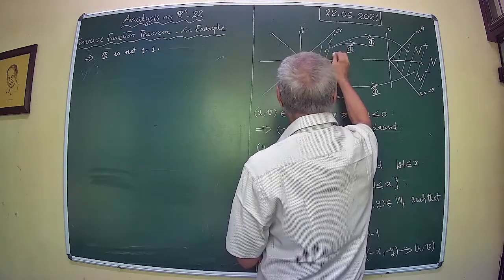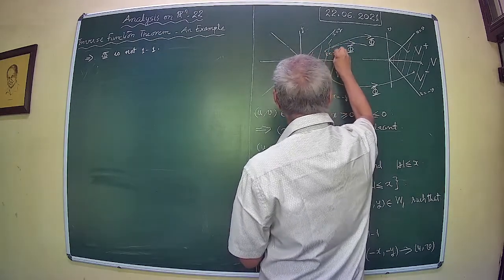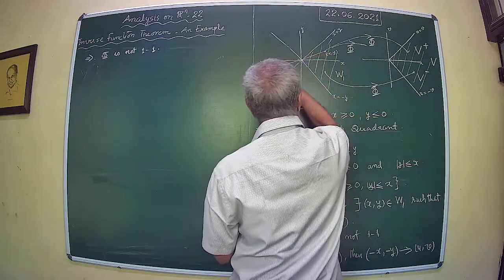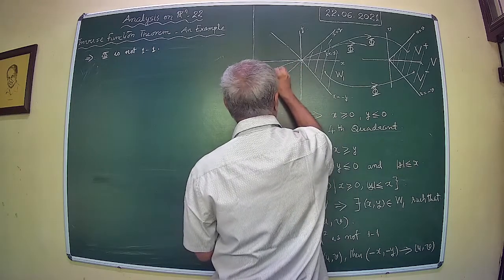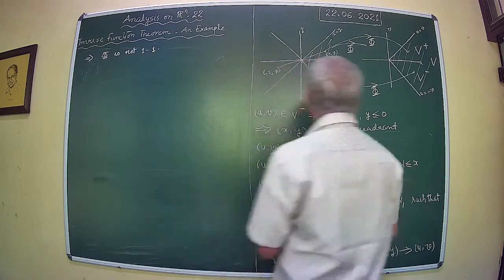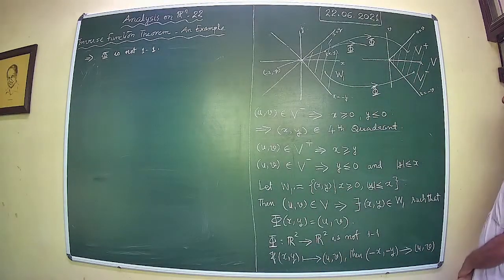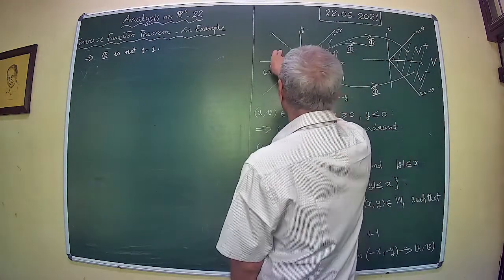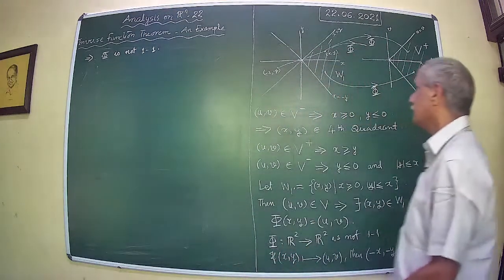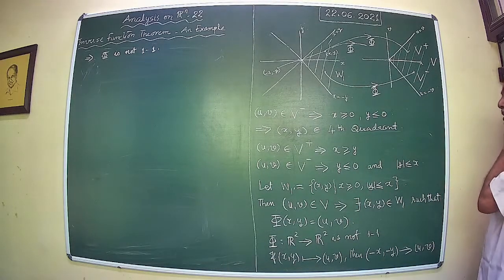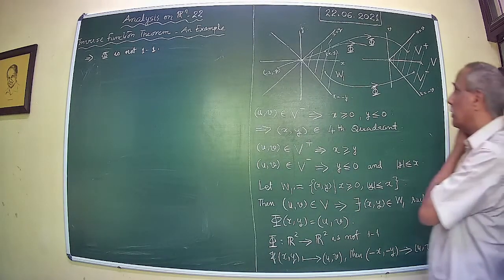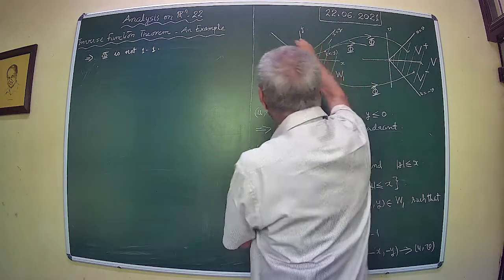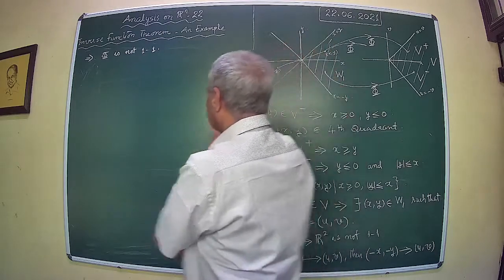So if this is xy, you see that minus x minus y. This is minus x minus y. Okay, and if it is over here, then it is going to be in the second quadrant. Okay, so you see that corresponding to every xy in W1,